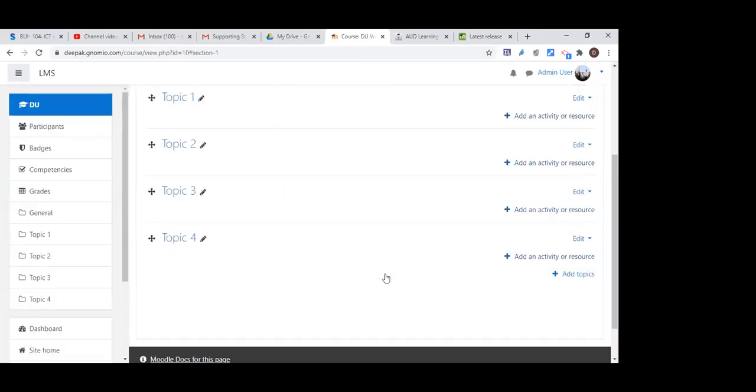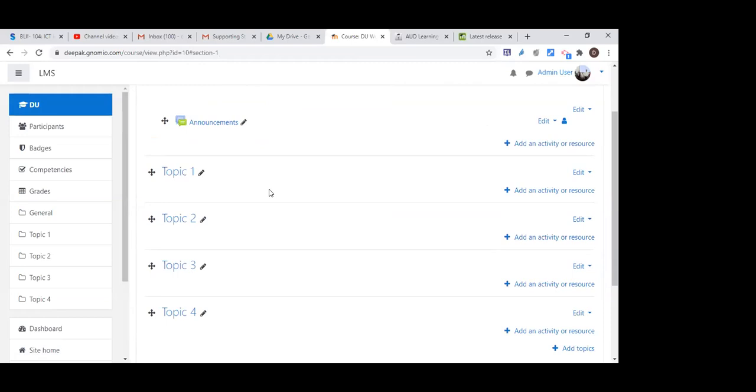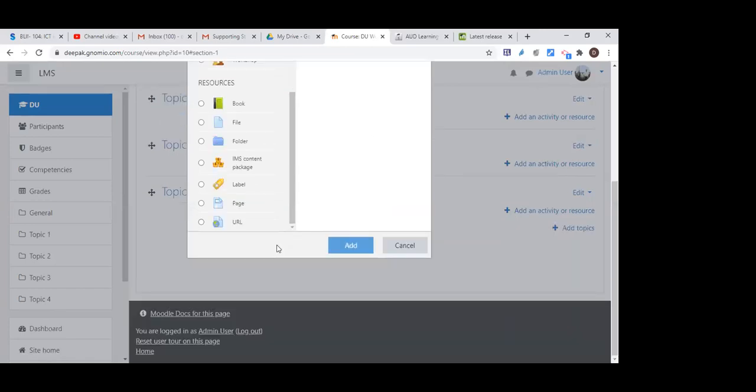Just cancel everything. When you are inside the course, click on add activity or resources. Pick label. Here in the resources there are many options. Book means you can create an ebook, just like an e-newspaper, or like reading a book on Kindle. But the advantage of an ebook here is that in between the content you can insert audio, video, image, any file. You can make a page dynamic.